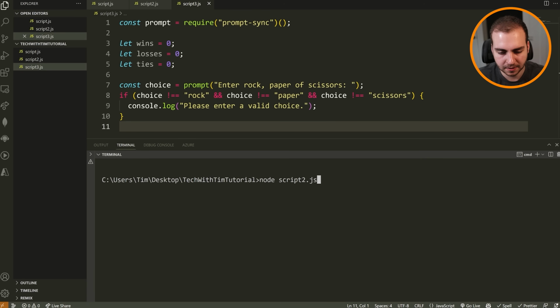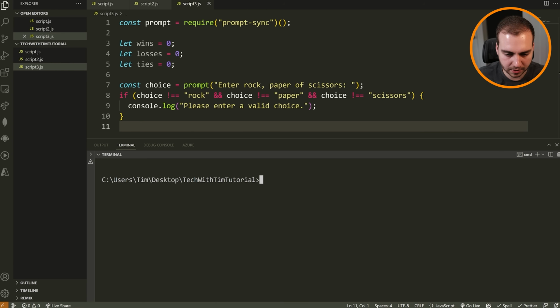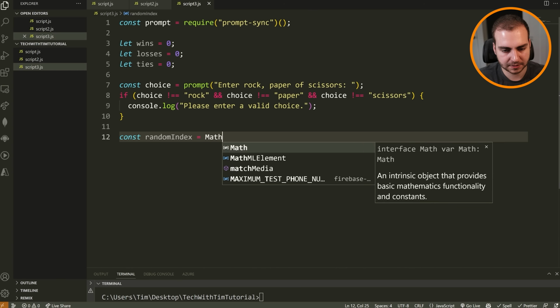So we're going to clear and run script 3, and notice that if I type in something like R, it says please enter a valid choice, whereas if I type rock, that is fine. Okay, so that is working. I know that's new, but wanted to show that to you. All right, so if they enter a valid choice, then what we do is randomly pick something for the computer. So how are we going to do this? We're going to say random, and in this case, I'm actually going to say index, I'm going to teach you something new again, is equal to, and this is going to be math.random,